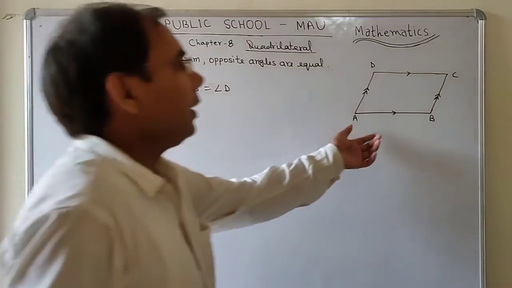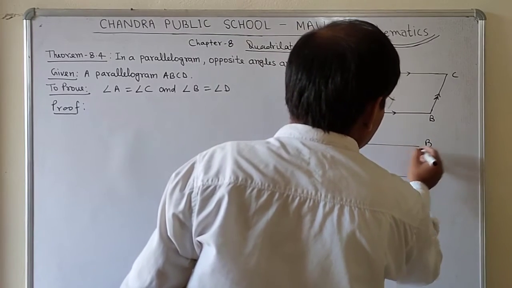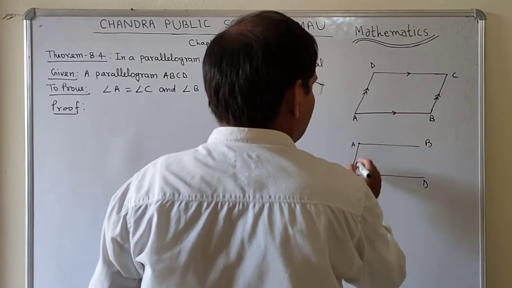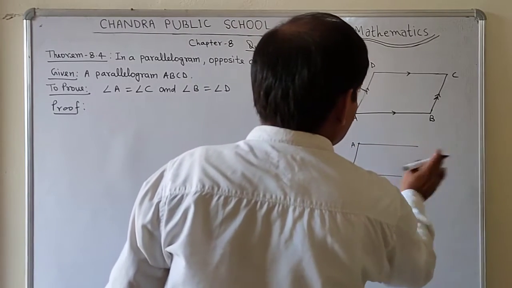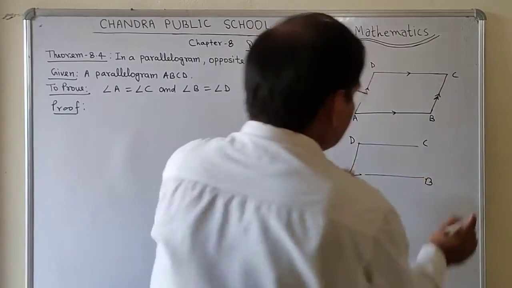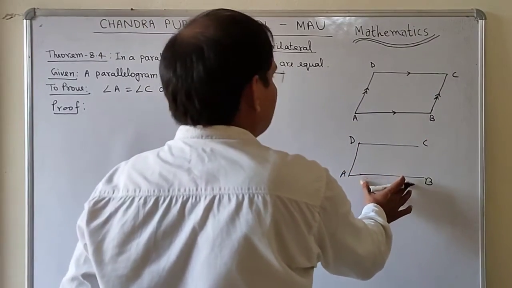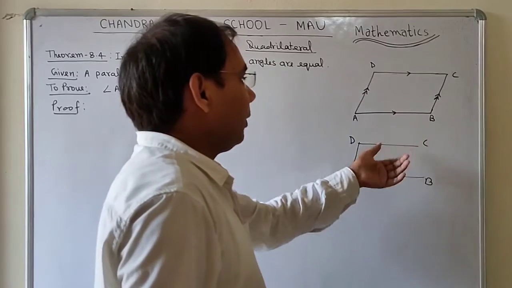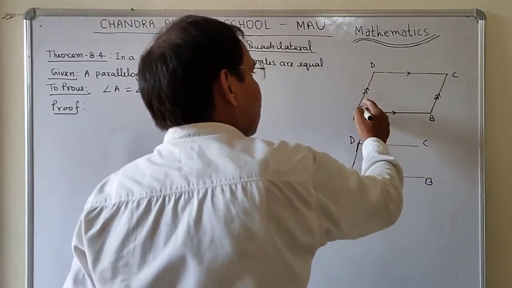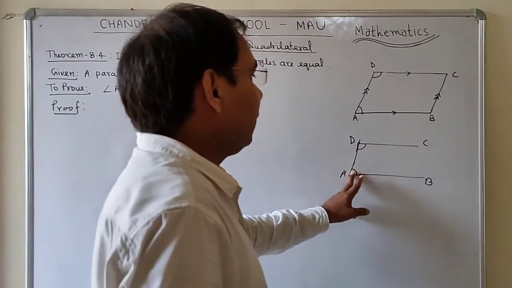So students, here AB and CD are parallel. If AB and CD are parallel and one line intersects them, it is like that in the diagram. I am going to draw this part of the diagram. So in the question it is given that AB and CD are parallel. The reason is that it is a parallelogram, so opposite sides are parallel, and one line is intersecting. AD is intersecting these two parallel lines. So what type of angles are these two angles? They are the co-interior angles. So their sum will be 180 degrees.